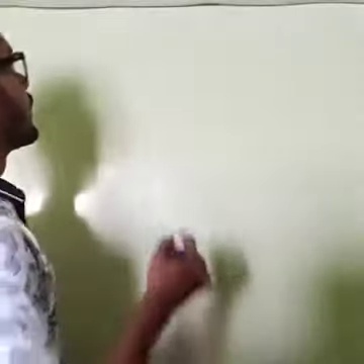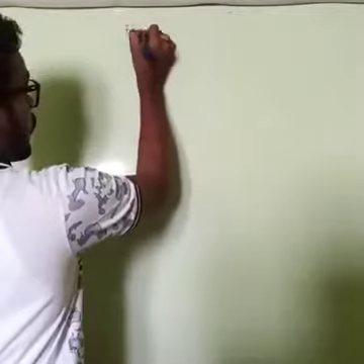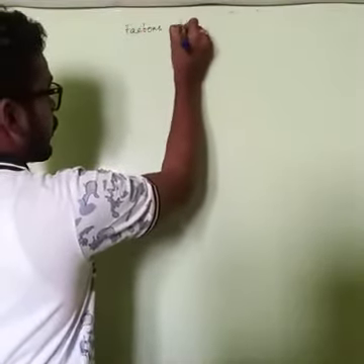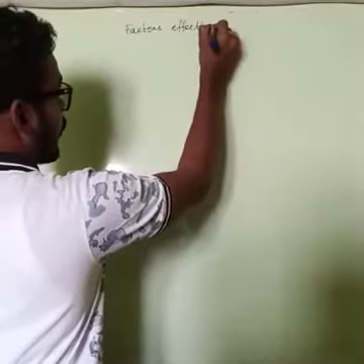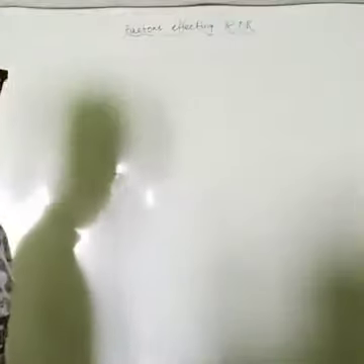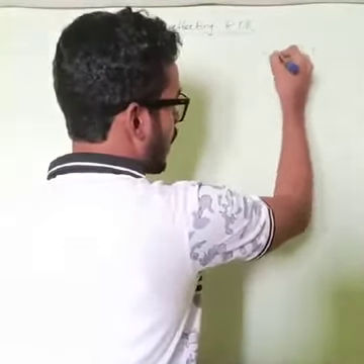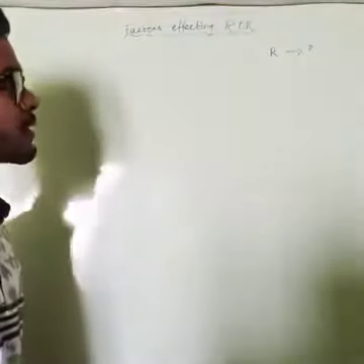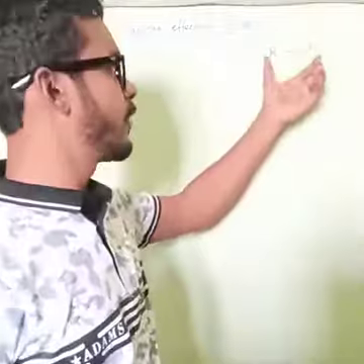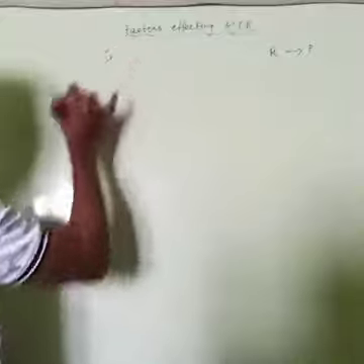So today we'll start with the factors affecting the rate of reactions, that we must know. What are the factors affecting ROR, that is, rate of reaction? Basically, if a reaction proceeds, let's say R is the reactant and P is the product. So this is one reaction. What are the main basic factors affecting this reaction? Take out your copy and note it down.